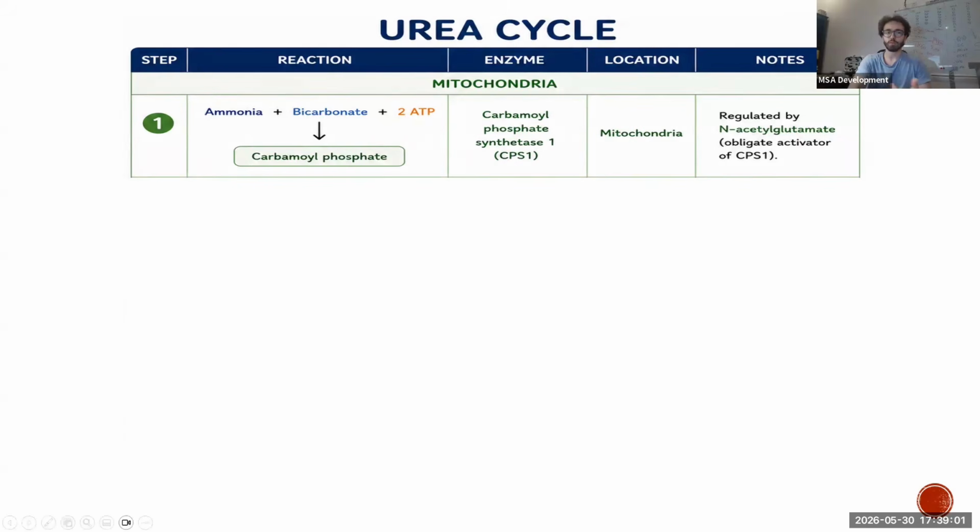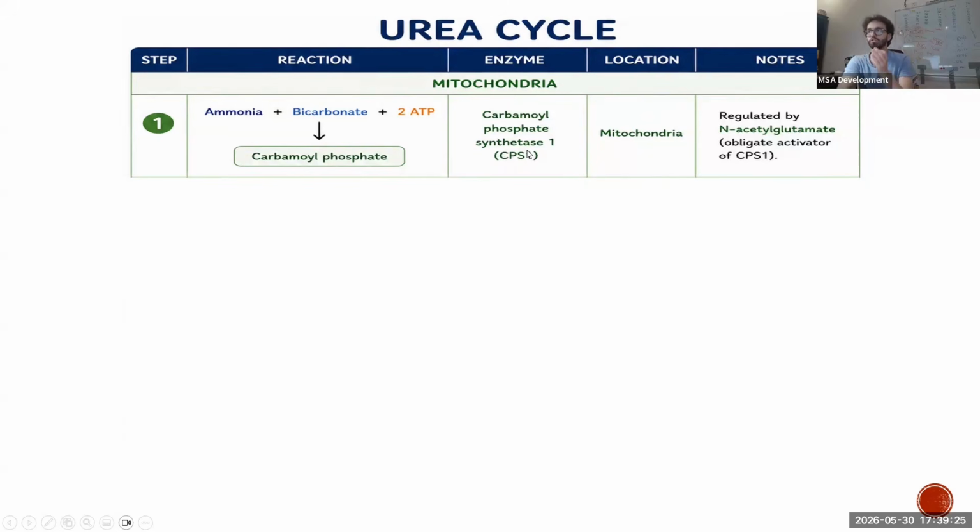What happens? You see the ammonia, the ammonia is what goes into the urea cycle. Okay, so we're going to start with ammonia, of course, which is here. Ammonia will combine with bicarbonate and ATP to form something called carbamyl phosphate. This is the first step of the urea cycle. What is the enzyme that does this? Carbamyl phosphate synthetase 1. It's clear from its name.